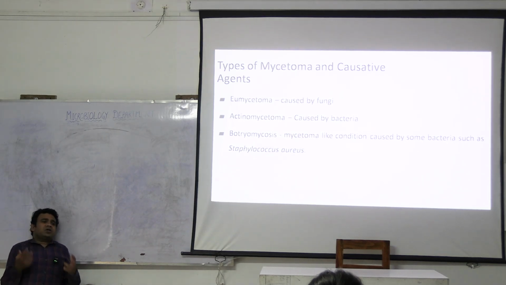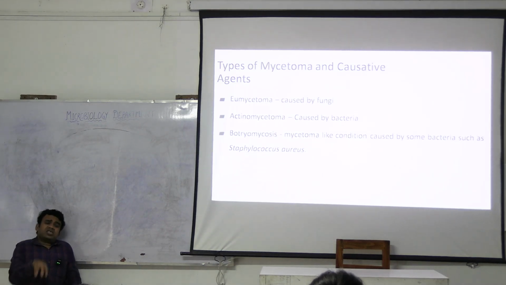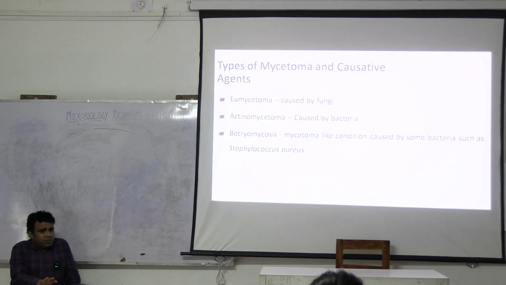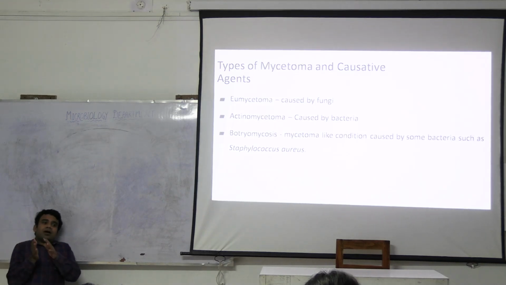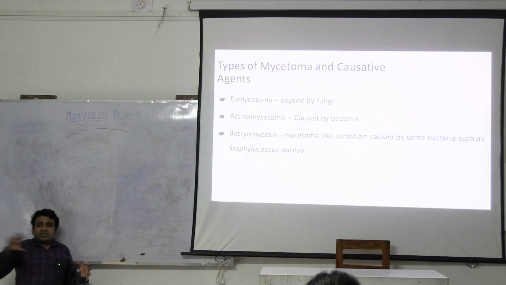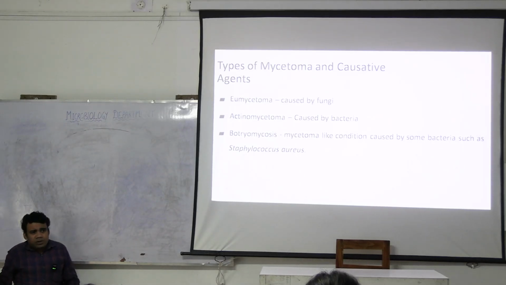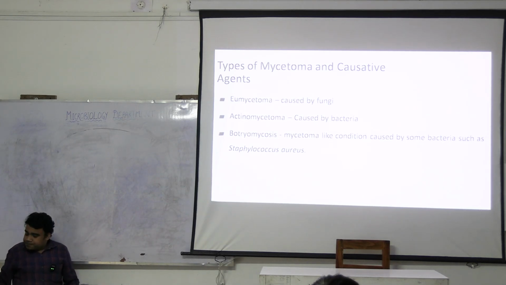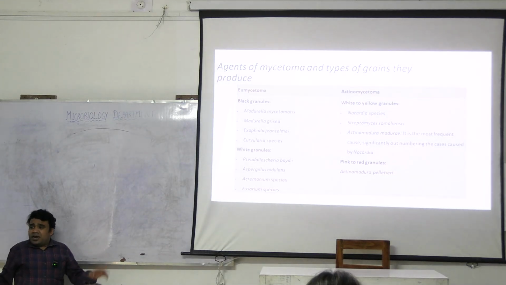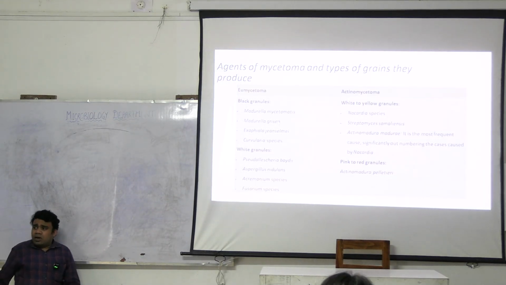পেন অ্যান্ড সোয়েলিং কেন হচ্ছে? বিকজ অফ এ ইমিউন রিয়াকশন। তাহলে ইনসিশন অ্যান্ড ড্রেনেজ হ্যাজ টু বি গিভেন অ্যান্ড বেসড অন দ্য অর্গানিজম উই হ্যাভ টু ইনিশিয়েট ট্রিটমেন্ট। কীরকম? If it is fungus, মানে eumycetoma যদি হয়, we have to give antifungals. If it is actinomycetoma, we have to give a particular set of antibacterials. Staphylococcus হলে anti-staphylococcal antibiotics দিতে। বোঝা গেছে? This is the reason why diagnosis is very very important. Just pain and swelling মানে এটা ফাঙ্গাল, এটা নয়। ওকে, আচ্ছা, এই যে গ্র্যানিউলসগুলো বলছিলাম, গ্র্যানিউলসগুলো অনেক রকম কালার হয়।